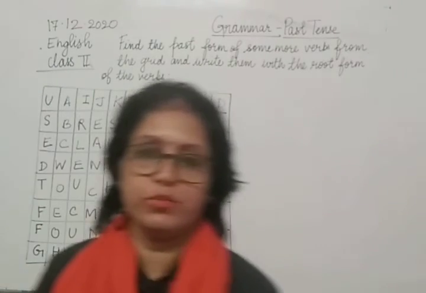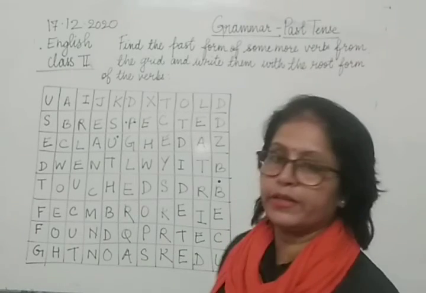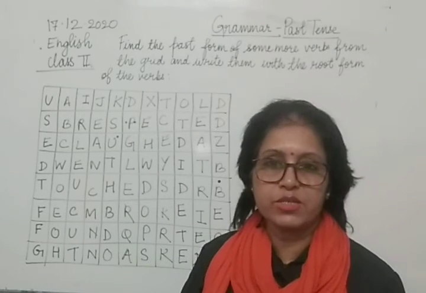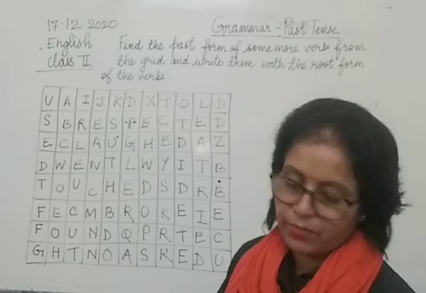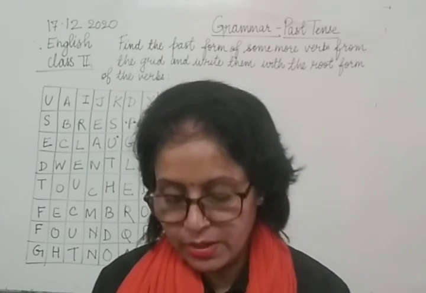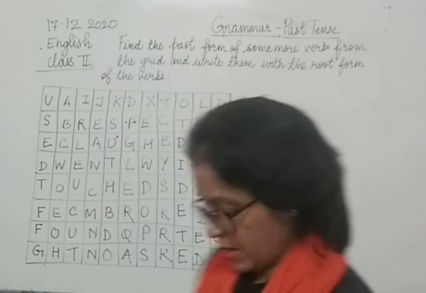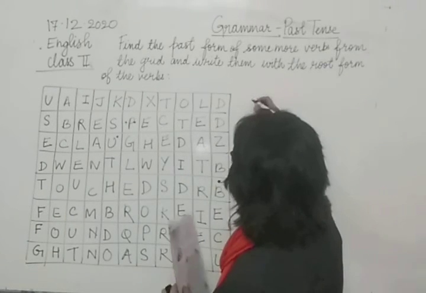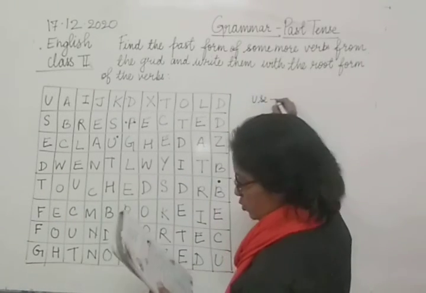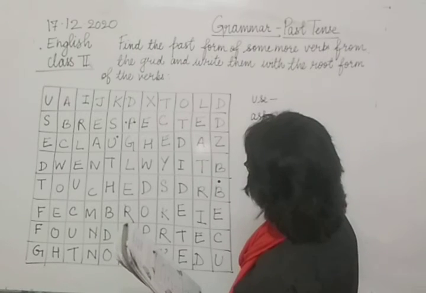So many verbs, so many words. Now what we have to do? We have to find out now the past tense of various verbs. अब इसमें हमें पहले क्या करना है, आपको यहाँ पे ये भी लिखा है कि राइट देम विद द रूट फॉर्म ऑफ वर्ब. अब रूट फॉर्म ऑफ वर्ब मैं यहाँ लिख देती हूँ. It is use, then ask, try,